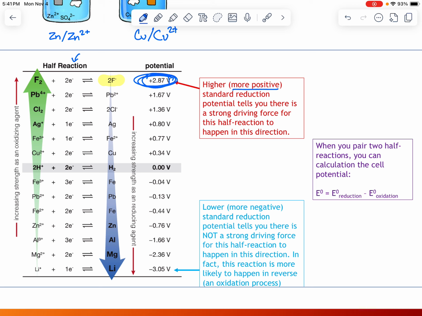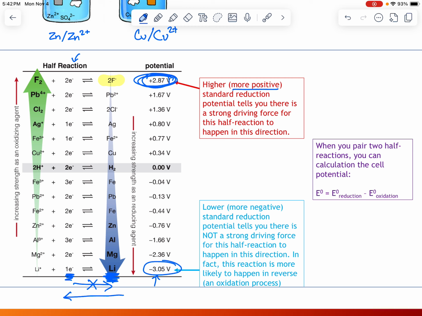On the other hand, if you come down here to lithium, okay, this has a really negative number. That tells us there is not a strong driving force for this to move in that forward direction. But instead, what's really likely is for it to occur in reverse. Okay, so we would expect that that lithium would be fairly easily oxidized. It would give away its electron because it has this really negative value. So when we pair two reactions,